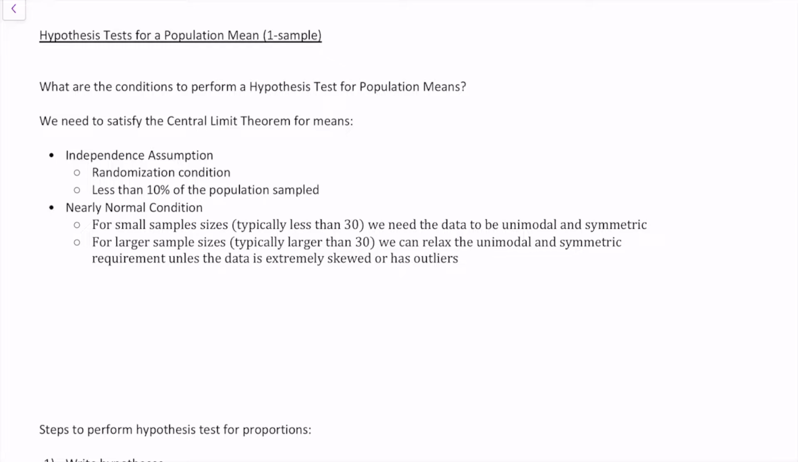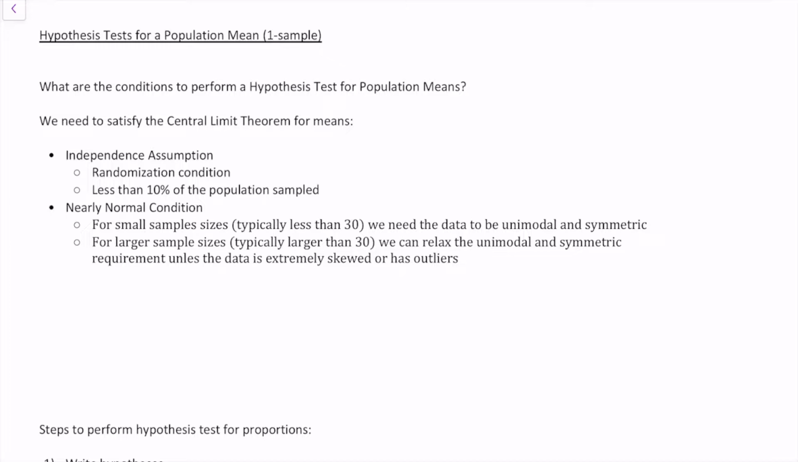necessary for a hypothesis test for the population mean. In order to do that, we need to satisfy the central limit theorem for means. That boils down to an independence assumption. I know you guys are so sick of this, but what are the things we check for independence? We always look to see if the samples were collected randomly, and we also check if we have sampled less than 10% of the population. If both of those are satisfied or can be reasonably assumed, then we say the independence assumption is